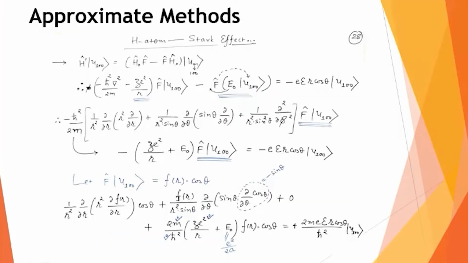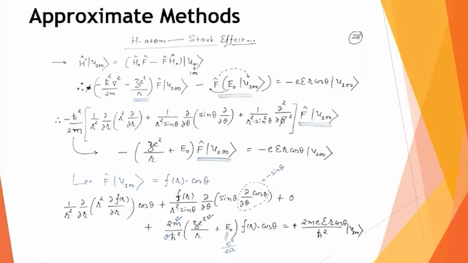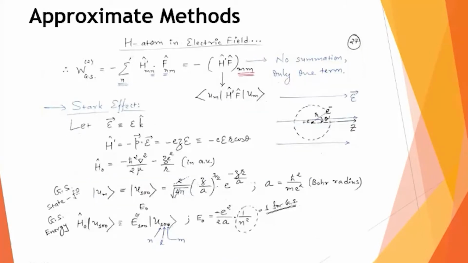The idea was very simple: whenever you are learning, let us say, the Stark effect, where the external electric field is now perturbing the hydrogen atom or energy levels of hydrogen atom, then how can one solve this problem for calculating the second order correction to the ground state energy, this W2 for ground state, that's what we want to calculate. But the direct application of the perturbation theory is prohibitive. It is restricted because of this infinite sum.